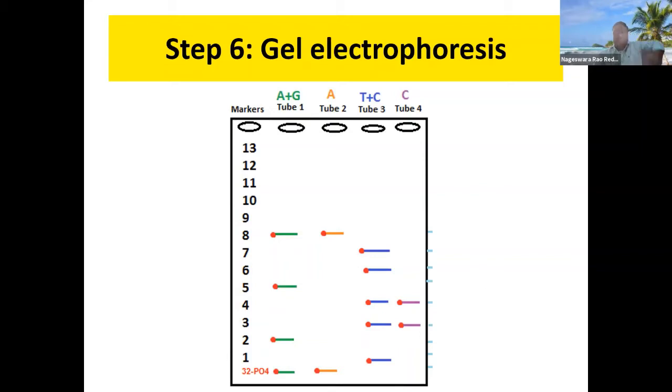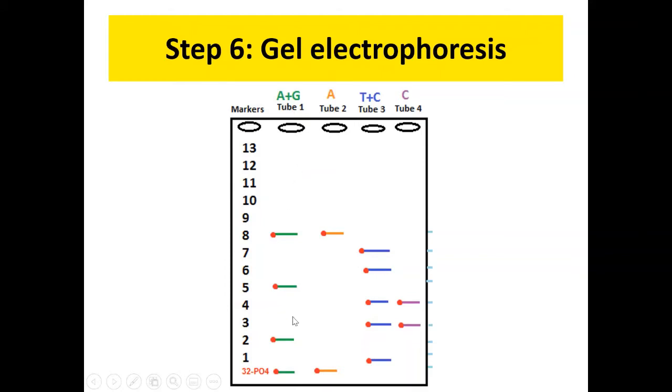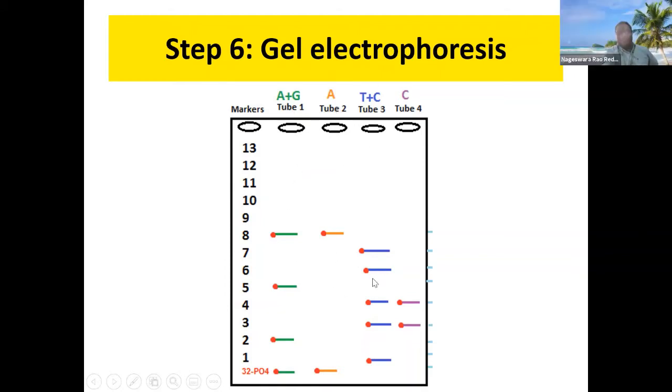So can you see here now? Tube 1, tube 2, tube 3, and tube 4. So the same way again. You can see here, the last one is C. So these are C lanes. These are T plus C. That means when C is there here, this is T. These two are T, this one is T. So based on this, again, we can do here.